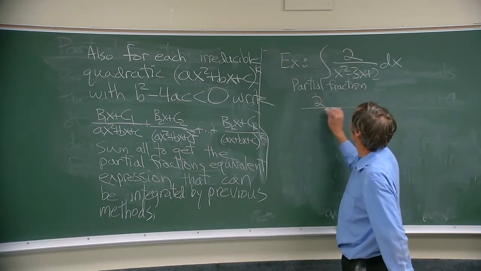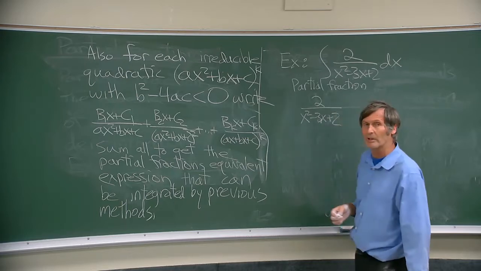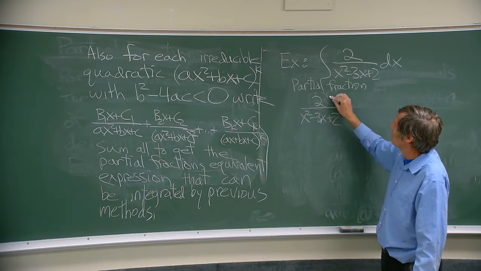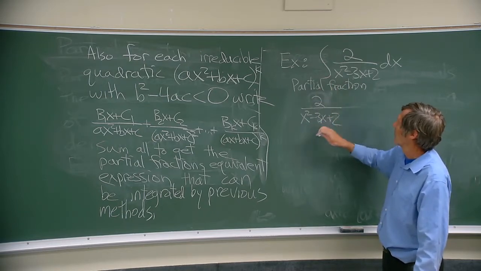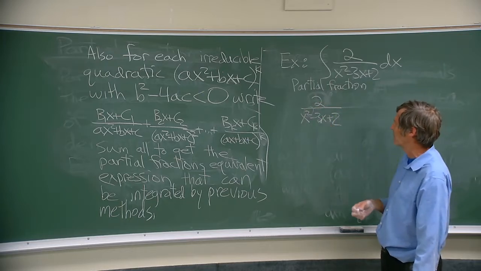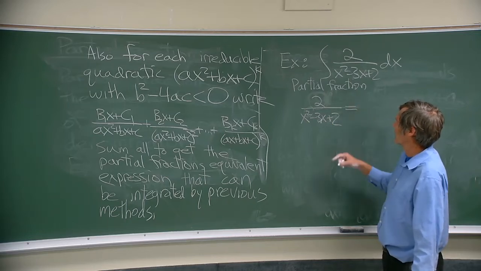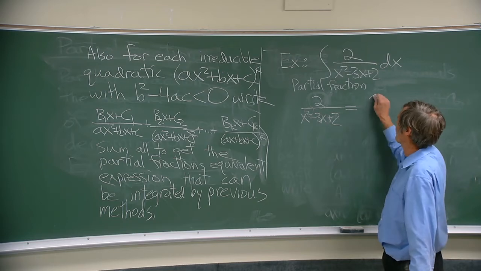What did I glean out of that theorem I just wrote down? 2 over x squared minus 3x plus 2 is a quotient of polynomials, right? The numerator is actually a polynomial of degree 0. You can think of it as 2 times x to the 0. So that's a polynomial of degree 0 on top, and a polynomial of degree 2 on the bottom, because the second power is the highest. Since the bottom power is greater, I know I can rewrite this as a sum, but first I have to